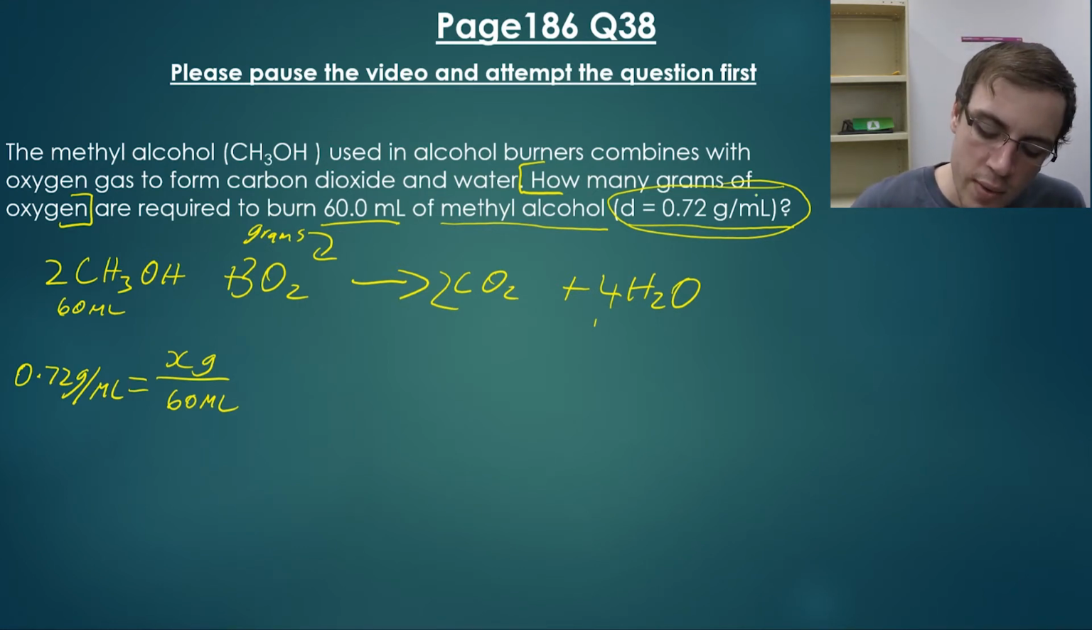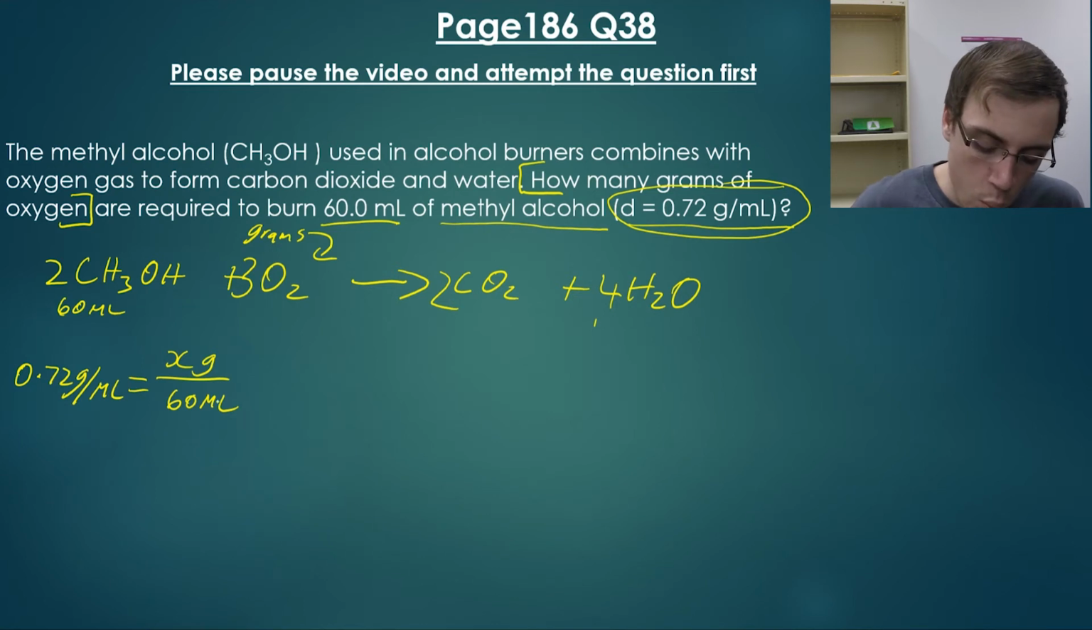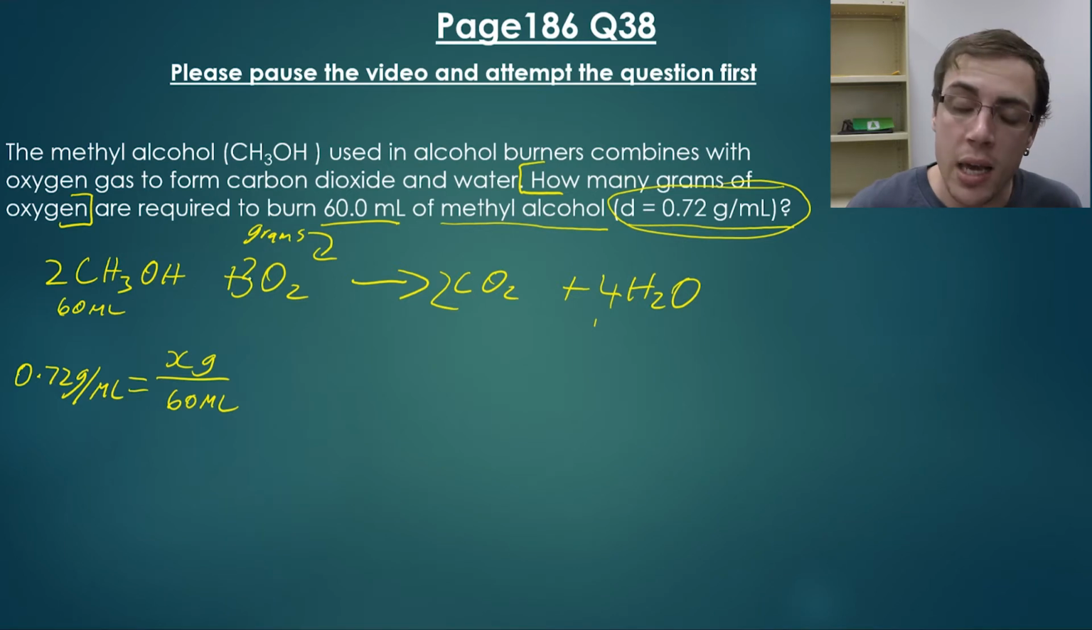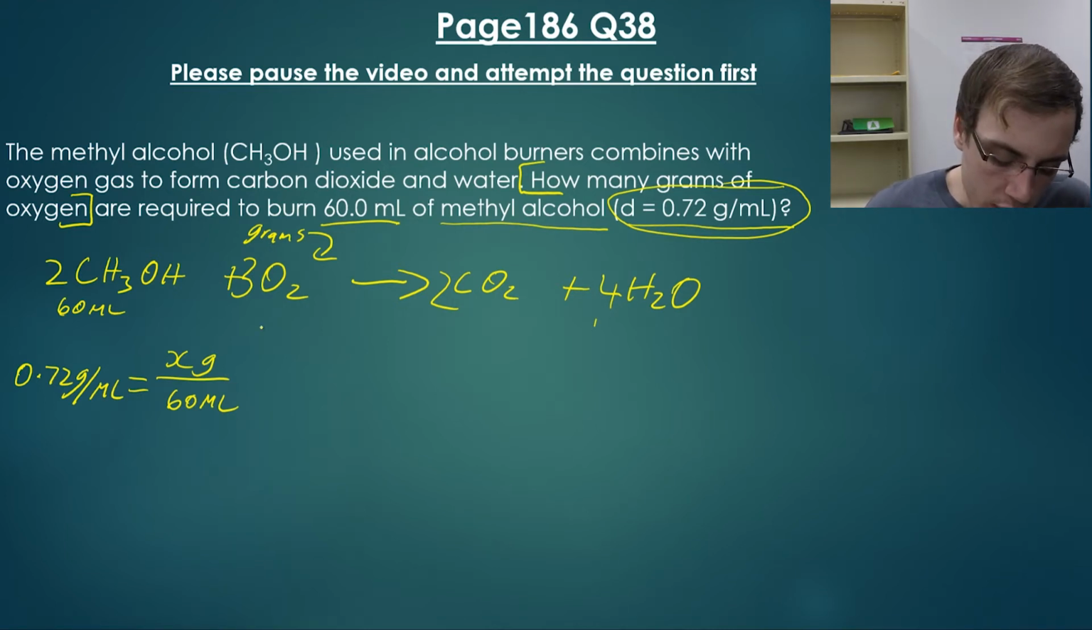And the answer is, if we have a look at our units here, we need to keep this consistent because this density is 0.72 grams per mil. So we need to keep that the same. If that said grams per liter over here, then yes, I would have to change this to liters. But because it says it over here in mil, I can keep it in milliliters. So we rearrange this. So we move this over to this side. So it's 60 times 0.72, and that will give us a total mass of